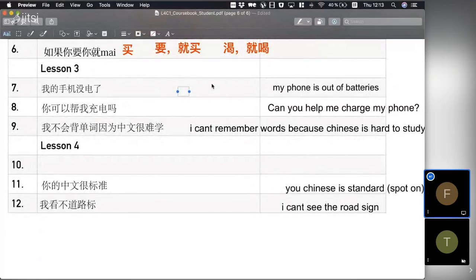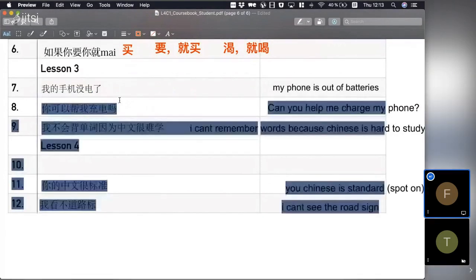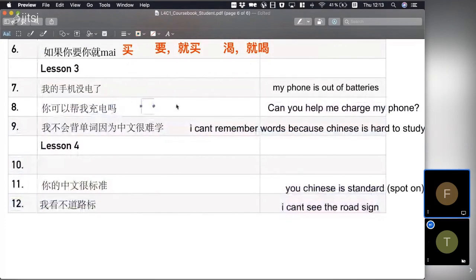我的手机没电了. My phone is out of battery. 非常好。你可以帮我充电吗？ You can help me charge battery. Read these two sentences for me. 我的手机没电了。你可以帮我充电吗？